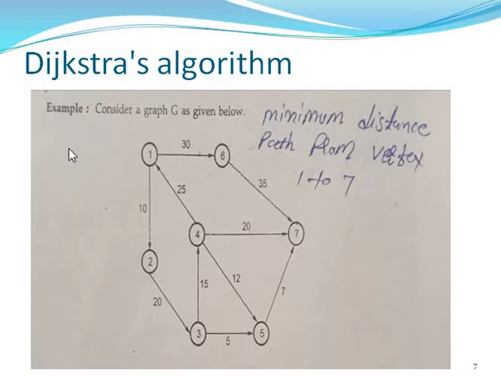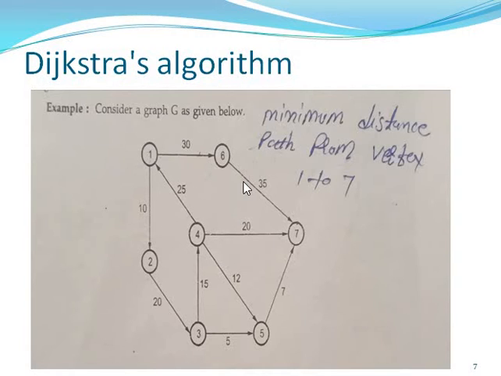The question is, you can find the minimum distance or minimum path between node source to destination, or 1 to 7. So this is your node which are connected with a directed undirected graph. So this is the directed, you can show that the direction you can follow. So what is the condition? The condition is you can go to any node from one to another, between shortest path you can find, and also one directed path. It means you cannot go to the 1, 4 and 7 for any 7 points, and you can go to the 1, 6 and 7 easily, but not go to the 1, 4, 7.